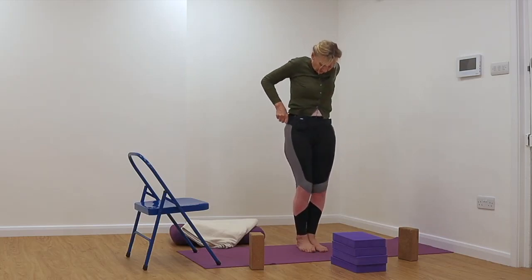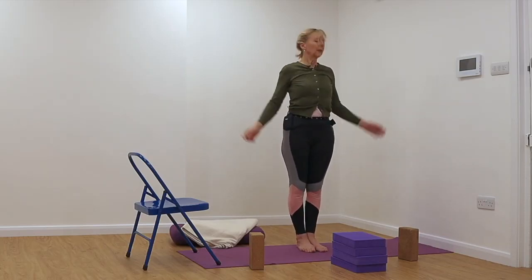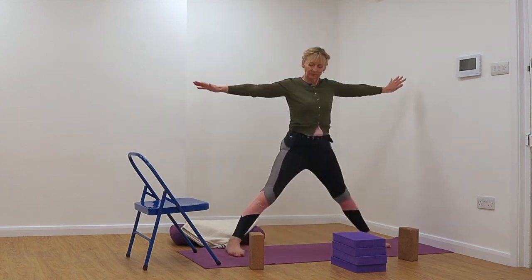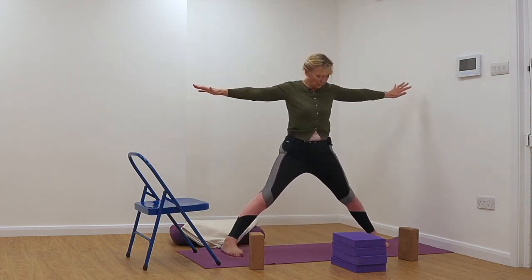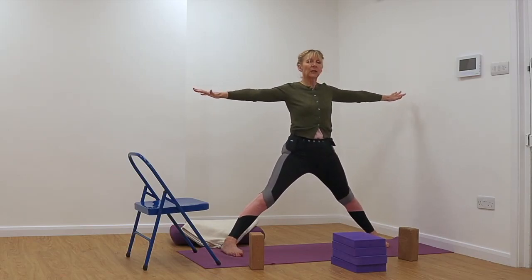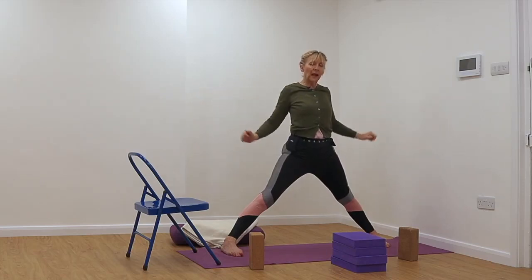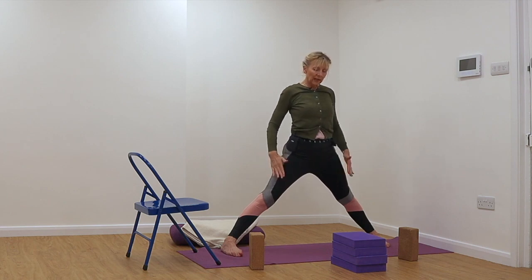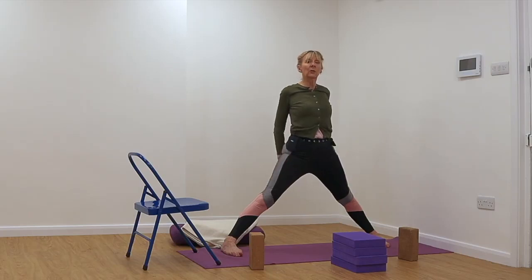Alright. Step or jump the feet wide. So make sure that you've got your action on your feet, pressing down into those outer foot bones, pressing down with the outer edges of the feet and lifting your inner ankles. Really make sure that your thigh muscles are gripping to the bone, your tailbone is long and your chest is